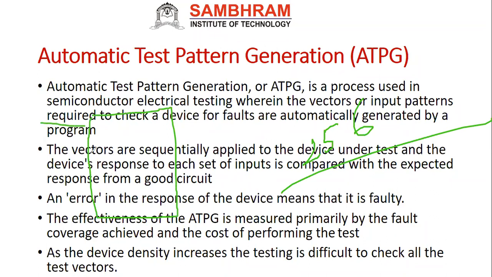Consider I'm having 2 selection lines. Now, what do I need to do? I need to apply the input. Now you see, when my selection line is equal to 0, 0, it has to select this only. Correct. I need not worry about this. So what I can do now is make this stuck at 0 or 1. Say, for example, SA1, stuck at 1. So it can be anything actually.